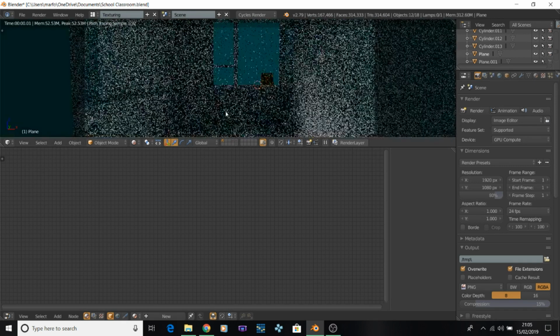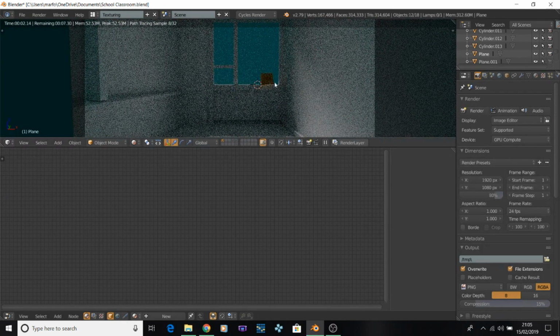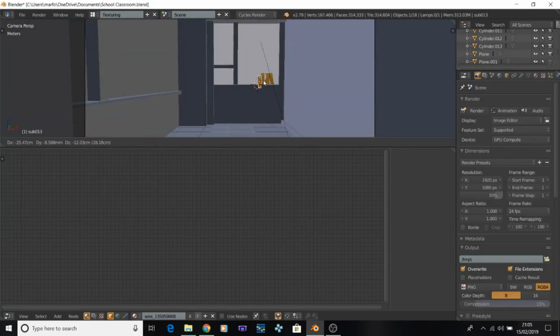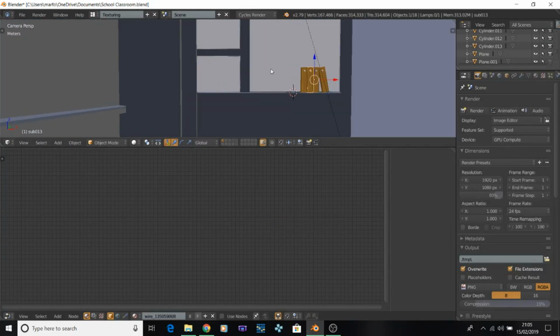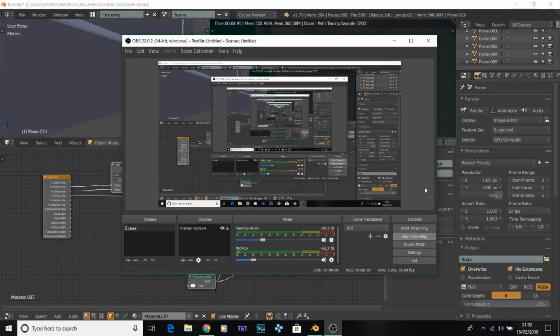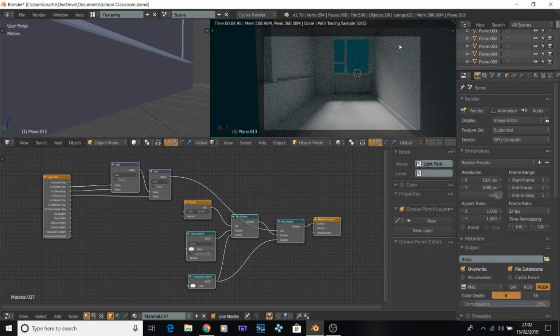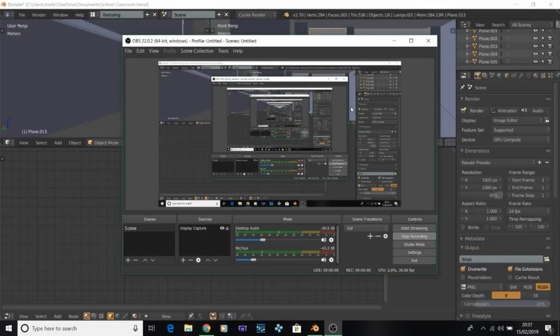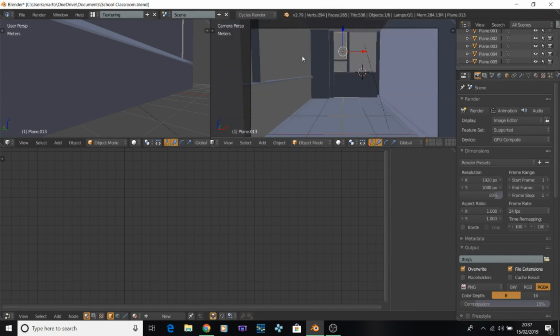Pro tip: if you cannot model something, go to Blend Swap and find it, because it'll take you too long to model. But for the window, instead of using the boolean trick I said, I just used the paint, and I used a glass hack that I found on Wendigo's channel. In between when I was making the scene, he uploaded a video where he did something called a glass hack,